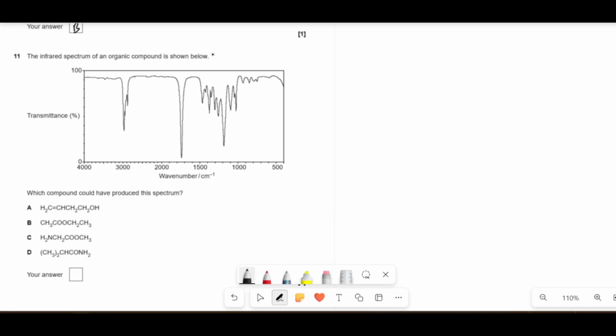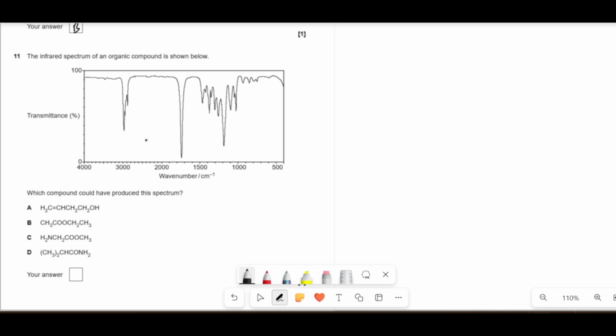So now it says the infrared spectrum of this compound shown below. Which compound could have made this spectrum? So you just got to look at the peaks and start side by side. The way I like to think of it is that this is your baseline if there's nothing there. So that's your baseline. Any deviation, even as small as like that, could be a peak. So our first peak we see is that there's quite a sharp one at 3,000. So if we look at our data sheet, I have it up on a separate thing. That's probably going to be, so it's what,